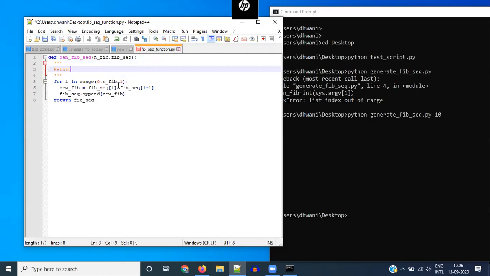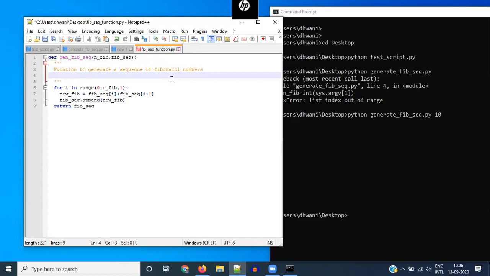So returns a sequence, or maybe you can say function to generate a sequence of Fibonacci numbers. That's it. So it'll even just help you when you're trying to understand what this does.